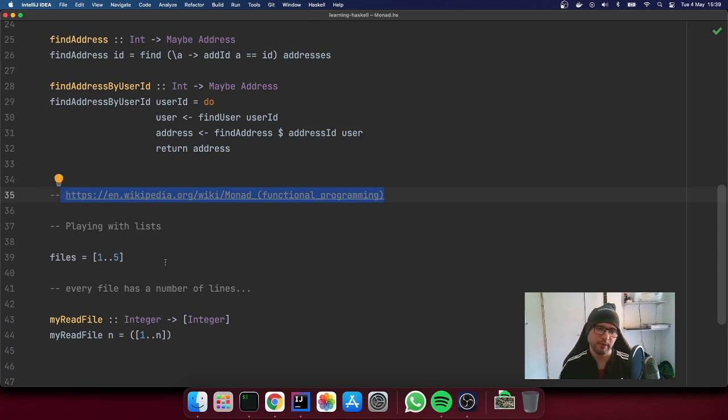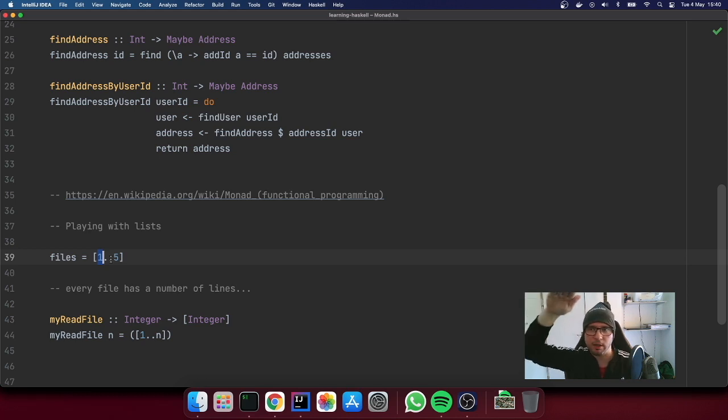Let's make an example, right? You have 5 files, like documents, and the document contains text, and the files are named file 1, file 2, file 3, file 5. And now every file has text inside. File 1 has 1 line, file 2 has 2 lines, file 3 has 3 lines. So this is just to make a simulation, right? And now I want to read all this content in order, and I just want a big list, right?